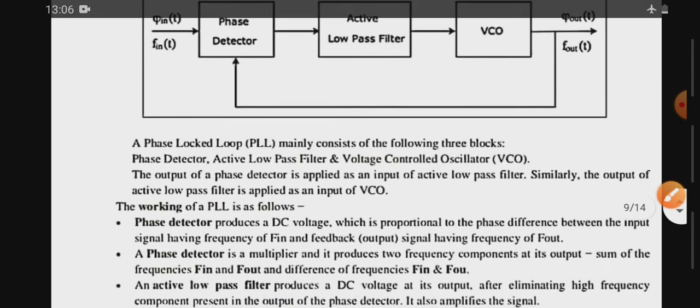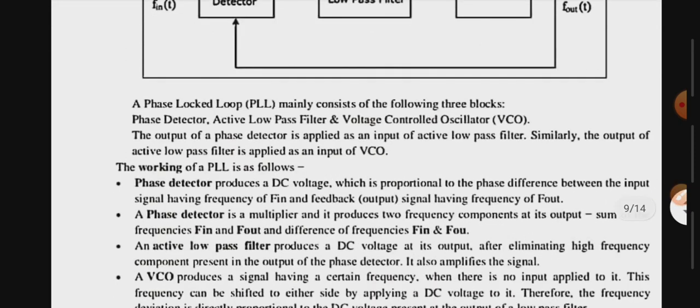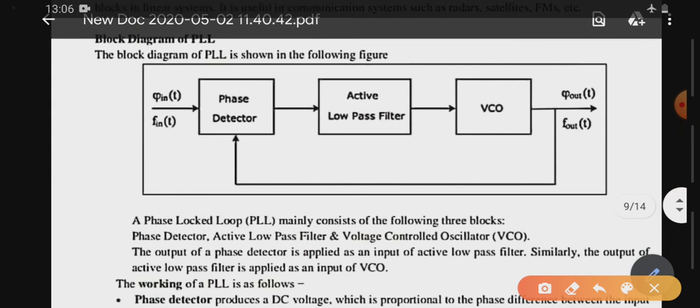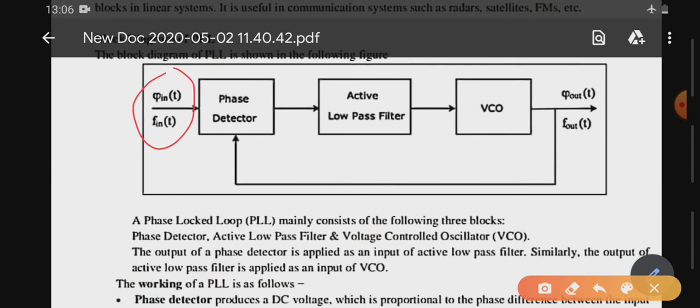So the phase detector is nothing but a multiplier to which we have applied the input signal. Here the input signal with frequency f in and phase phi in is applied as an input to the phase detector. The output is given to the low pass filter, which allows only low frequency signal to the output. Voltage controlled oscillator is basically a free running multivibrator. When no input signal is applied, still it is generating the output. This is nothing but an astable multivibrator whose frequency is also called the free running frequency.